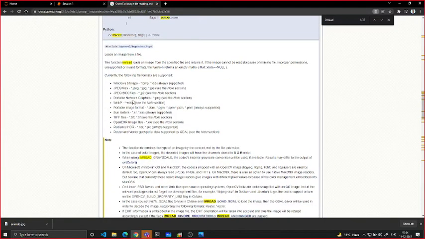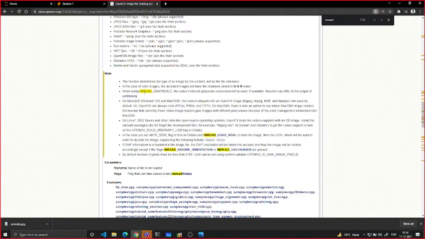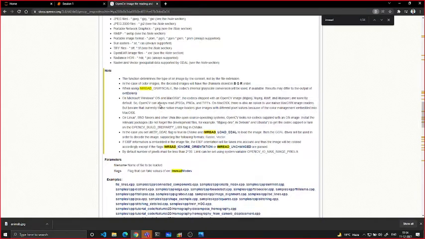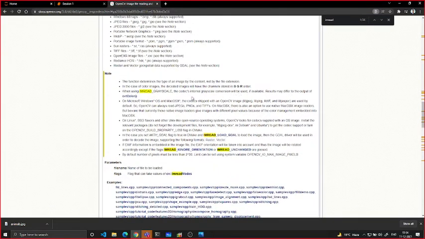Yes, so when using imread with grayscale, OpenCV's internal grayscale conversion will be used. They haven't really specified how they would convert it from BGR to grayscale. Maybe it is mentioned somewhere deep inside the documentation. You can probably figure that out if you want to dig deep into the documentation. But yeah, so